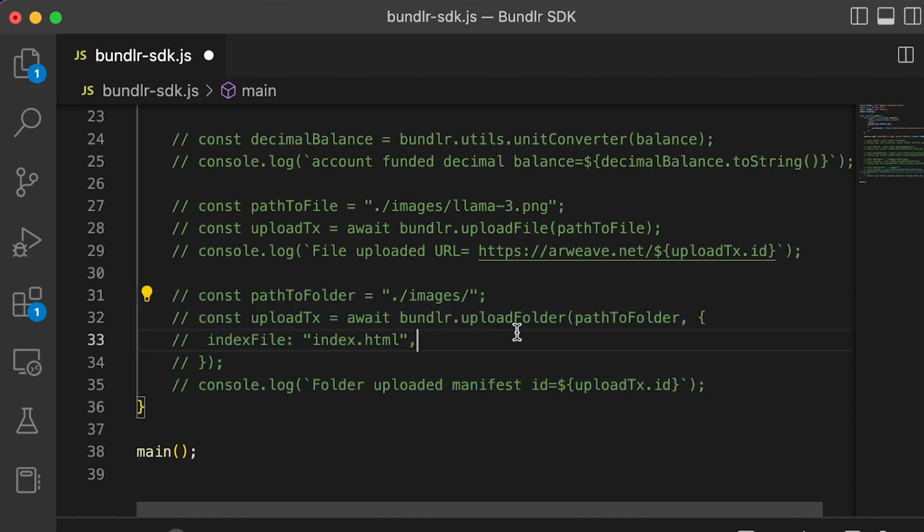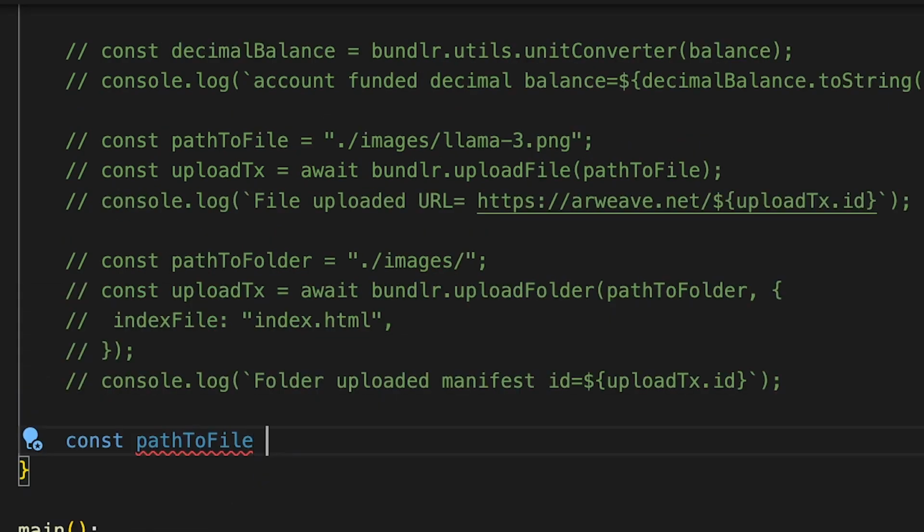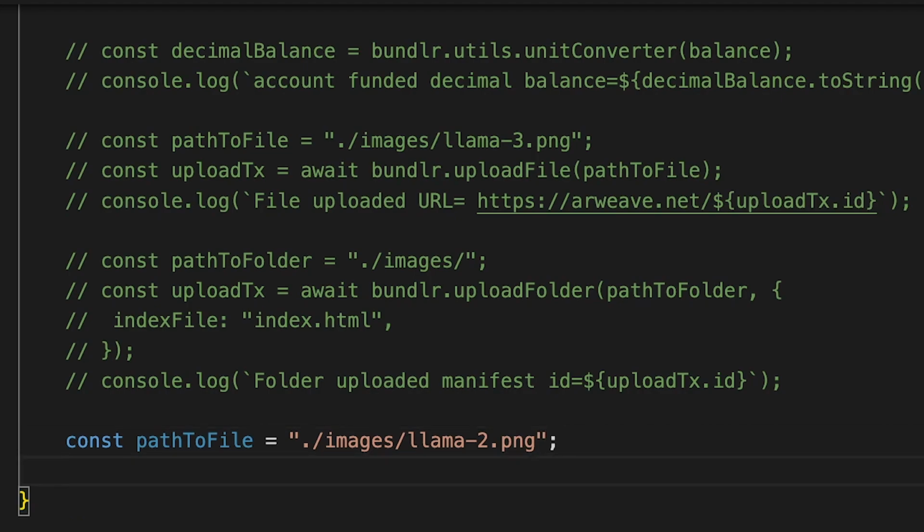One thing I want to do before we go is just show you how to do lazy uploads. How do you get the cost to upload one file? Const again, path to file equals /images/llama, how about llama2.png, right? And then we can go here, const, and we could just destructure this right away.